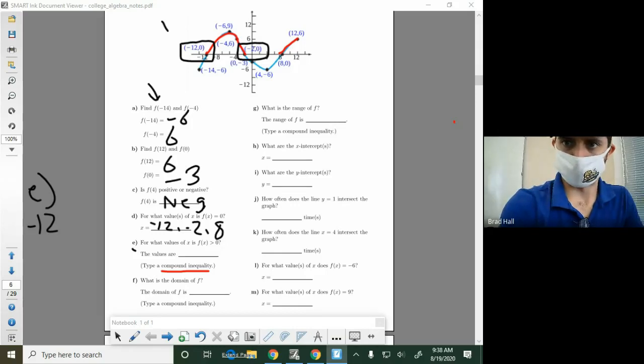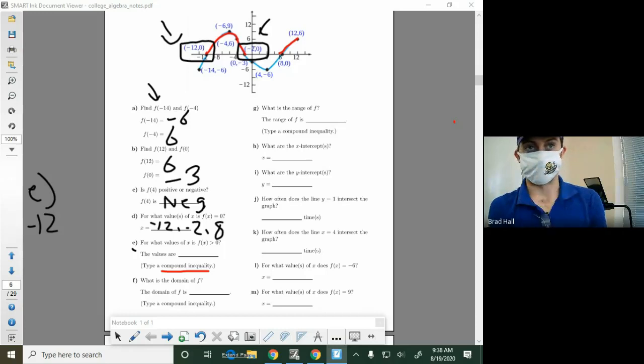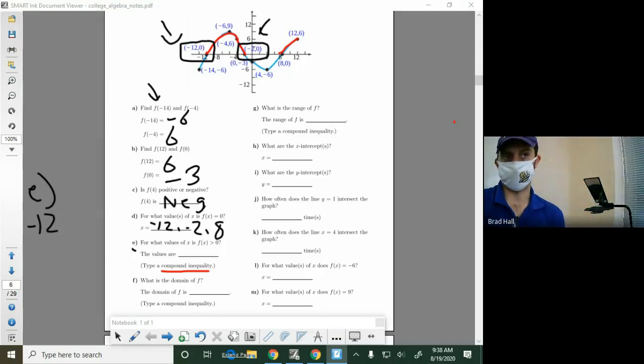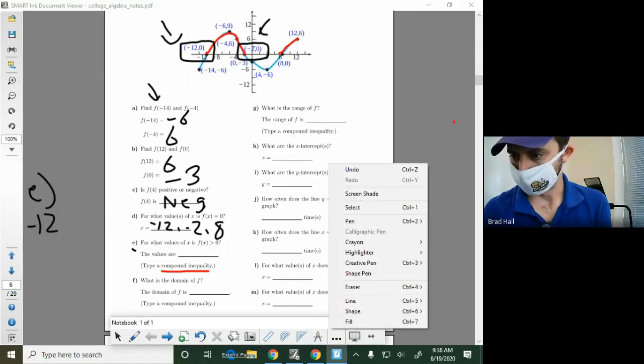-12 is the leftmost point. Rightmost point, what's the x value of that? It's -2. How do you quantify this as a compound inequality? What does that look like? Well, what that looks like